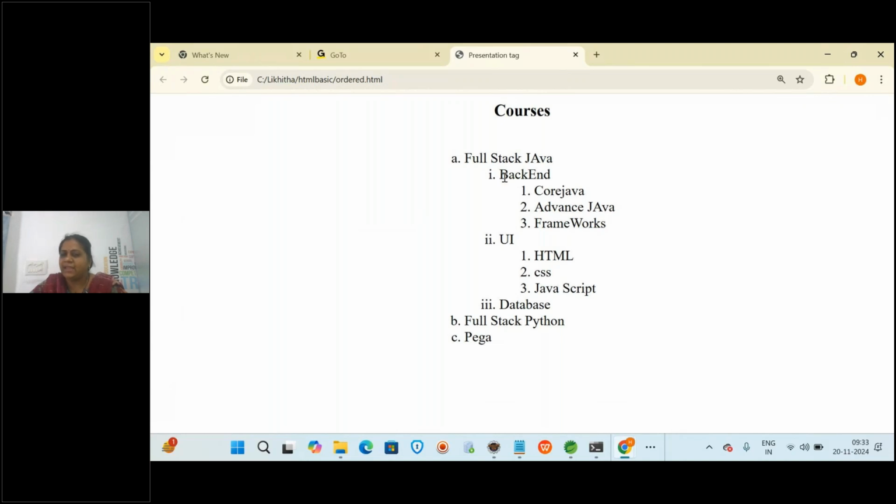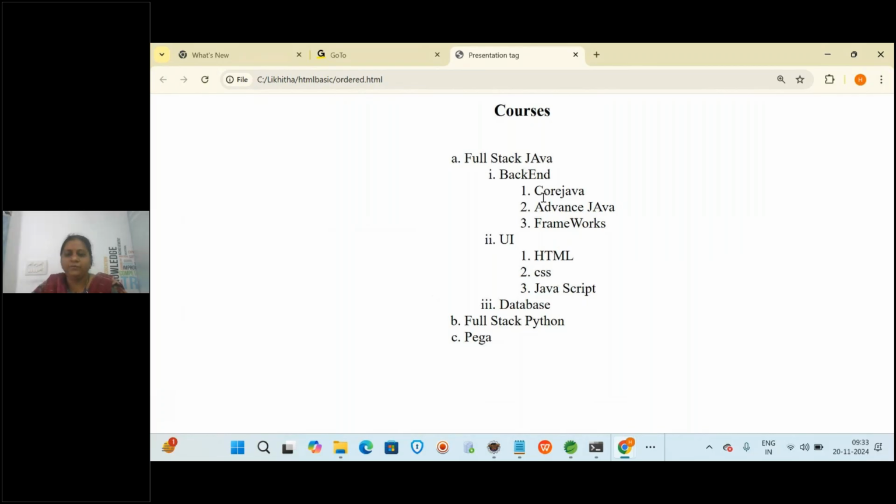Backend has core Java, advanced, and then frameworks. And in UI you have HTML, CSS, and JavaScript. And again you have Python, so database, right? So we have created one more, and again one more, three in total. Yes or no? This is one example that you can try.